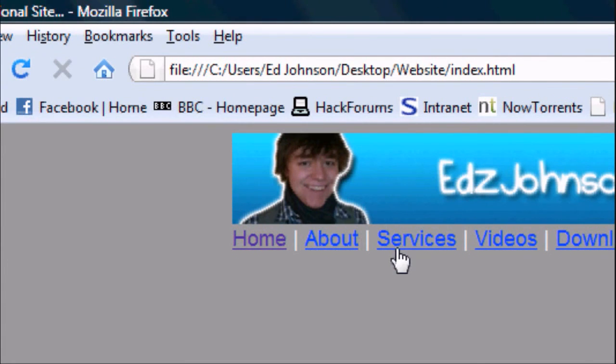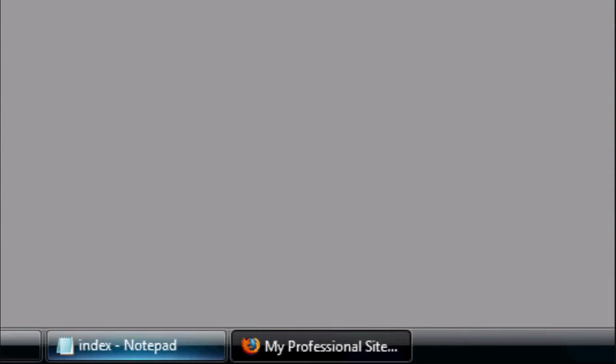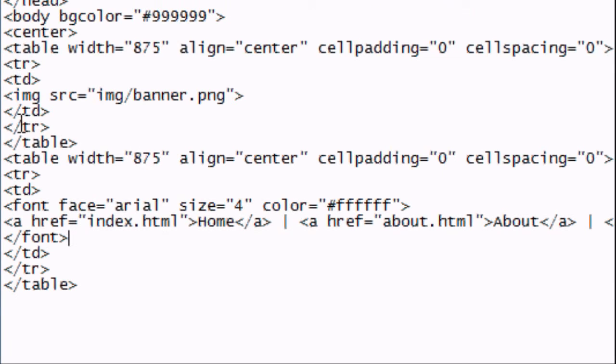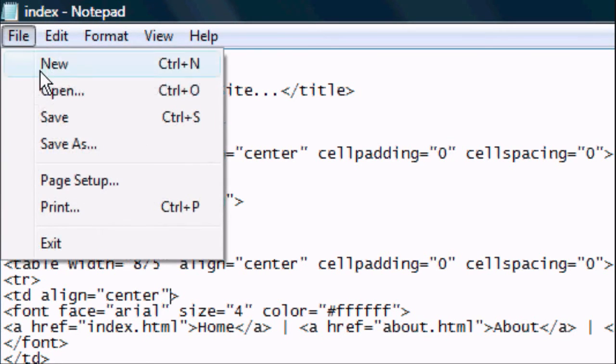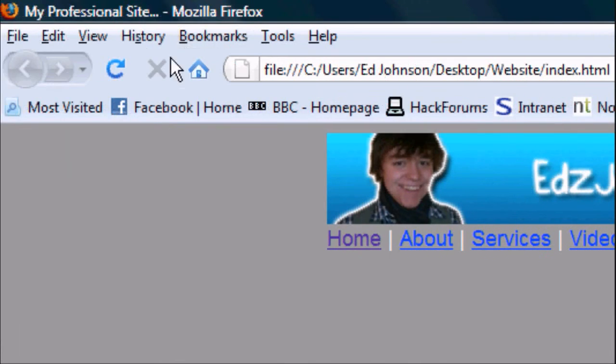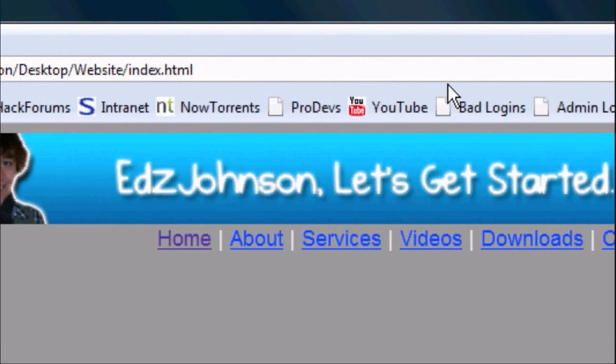Now the menu bar is not in the center. The table's in the center, but the contents inside it is not. The way to change this is you edit the TD tag, so TD space align equals center. So what that means is the table is in the center and the contents inside the table is also now in the center. So press Ctrl S or File Save, refresh it,